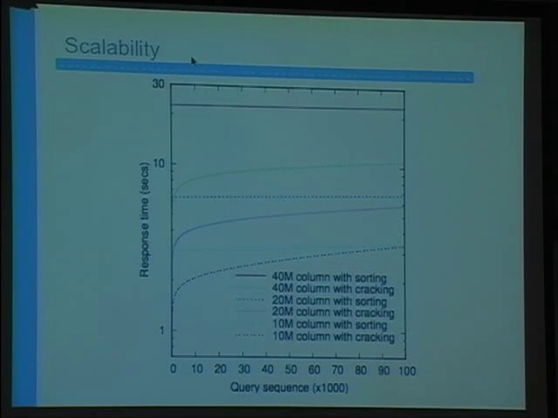Okay, the question is how well does it scale? I showed this graph that shows how well it scales within memory. You can see a 10, a 20, and a 40 million column, and it is compared with sorting. So you see that it scales pretty well compared to sorting. If you see the 10 million curves, they meet after 100,000 queries, but then they have a gap. But outside of memory,